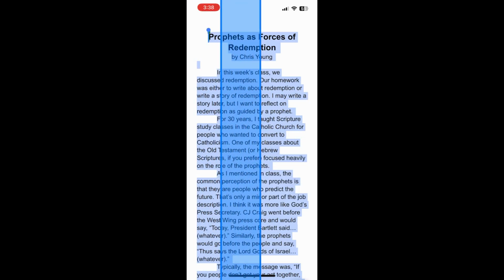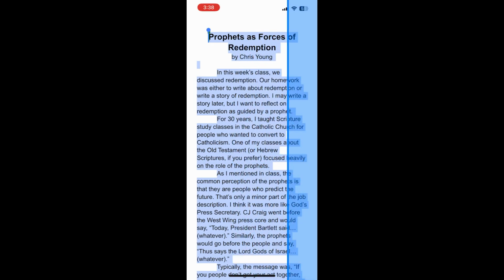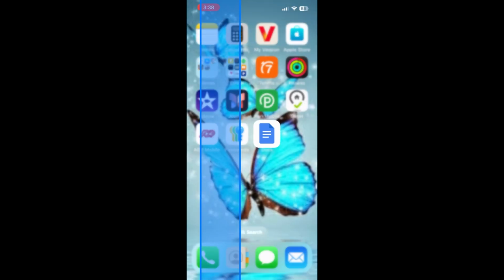Prophets as Forces of Redemption by Chris Young. In this week's class, we discussed So you'll have to take my word for it that I had this iPhone